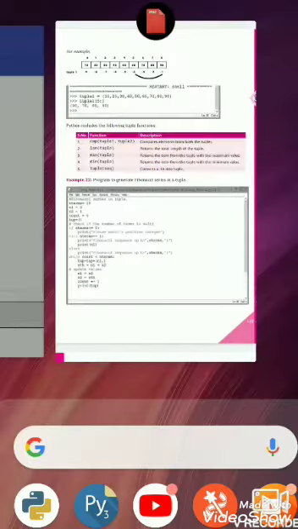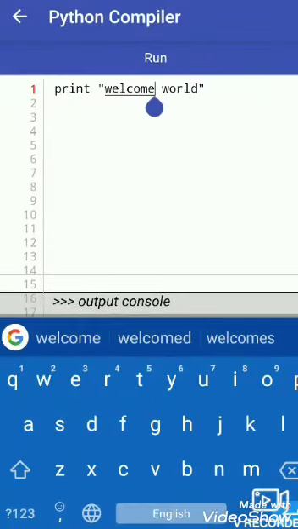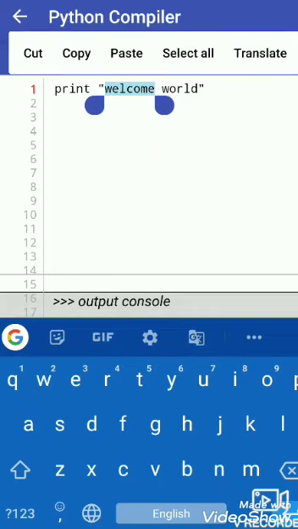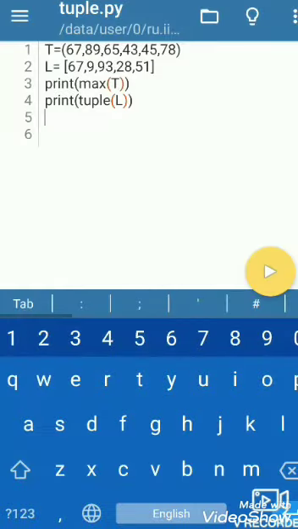So let's go to the Python compiler and try to run the programs. So here now we have one tuple and second a list, and we use some functions in this.